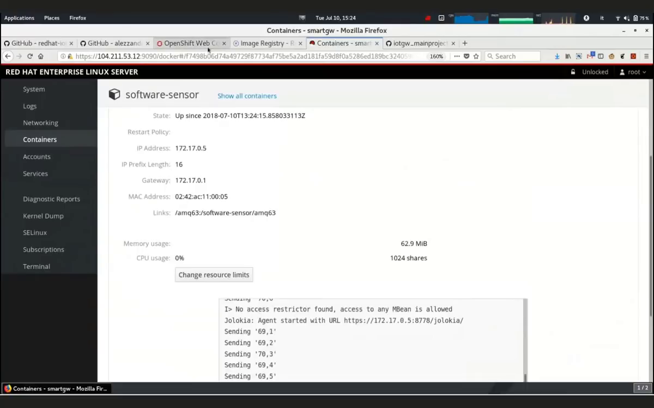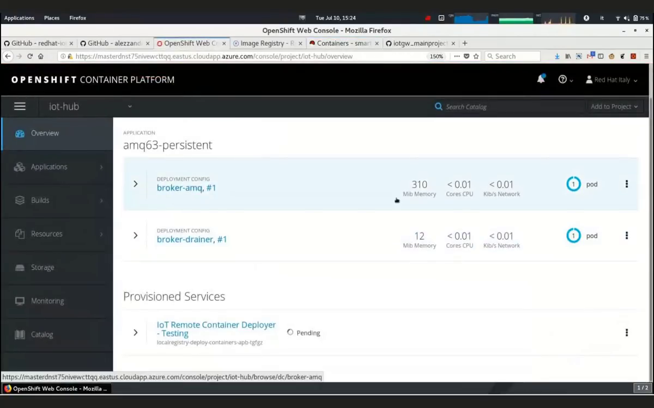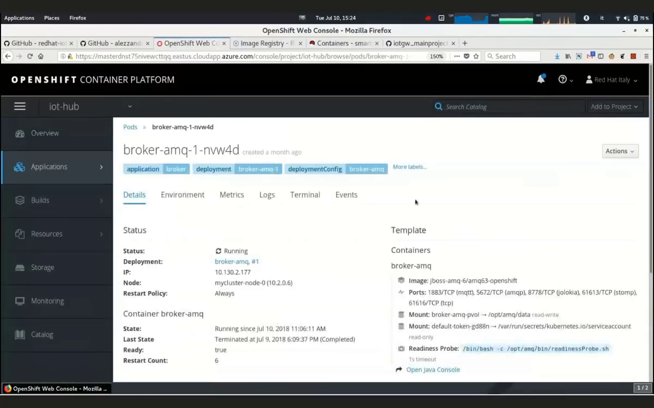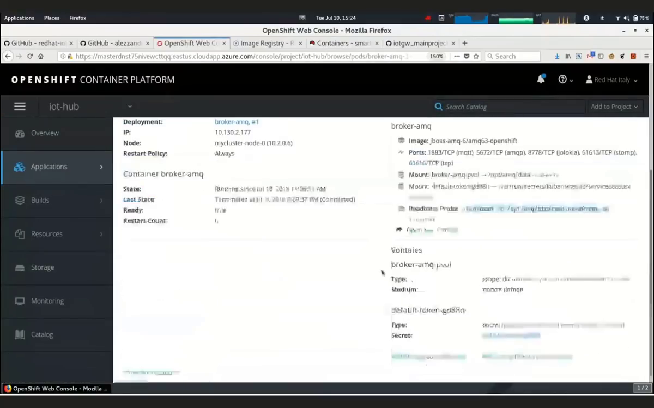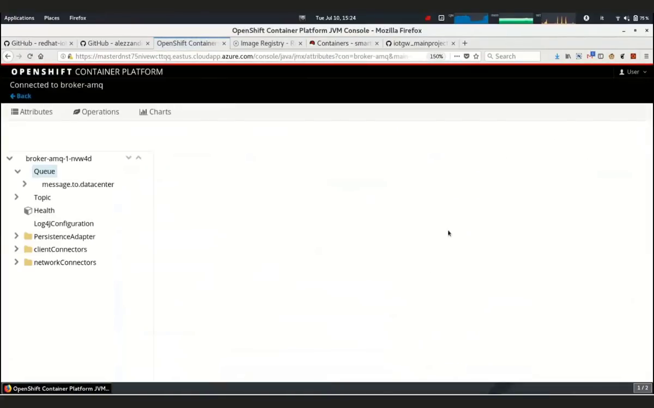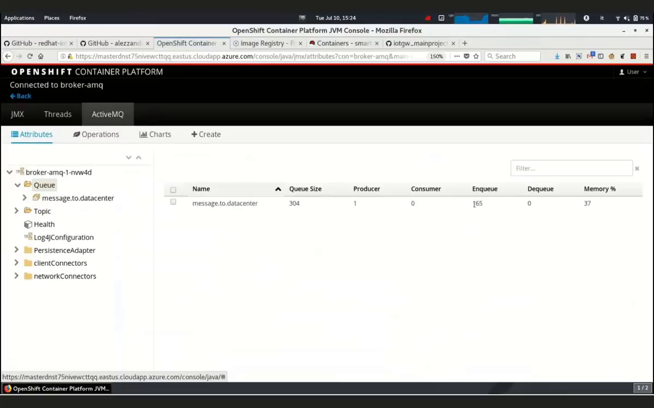These temperatures will be sent through the chain directly to the MQ broker in the OpenShift Container Platform, so in the hub, and we can see that this broker is receiving messages by looking at the MQ console. As you can see, the number of messages is increasing, so all the stack is working properly. Moving back to the OpenShift